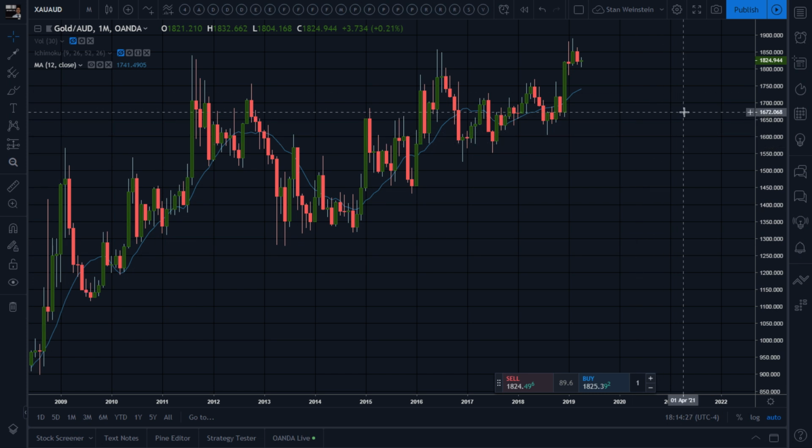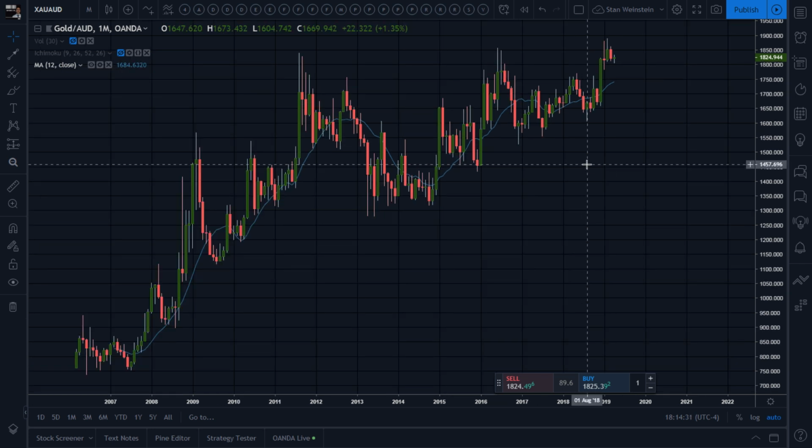Gold has already broken out. XAU monthly candle chart. Looking at XAU USD, 1350. You need to close above that. Well,